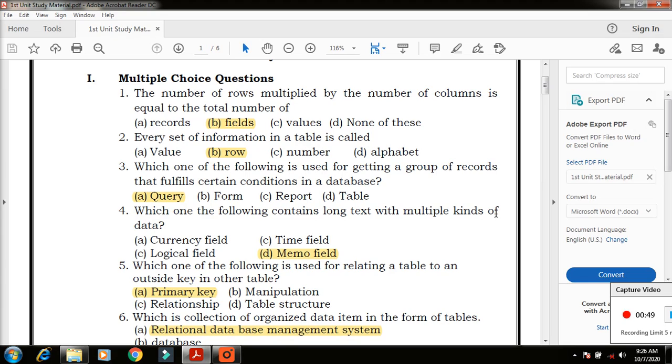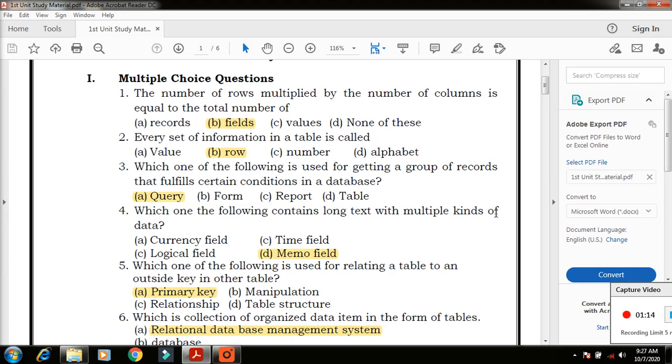Okay. Second one, every set of information in a table is called what? A row. It means every cell value is related to another column value. Okay, that is called related.